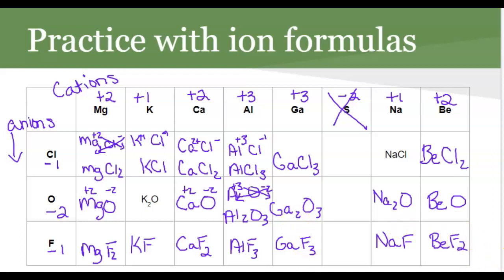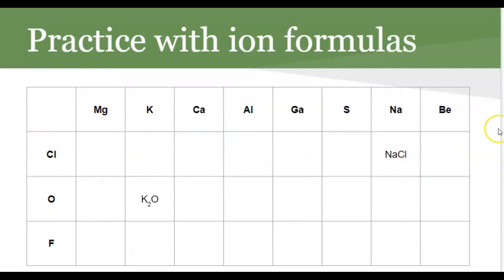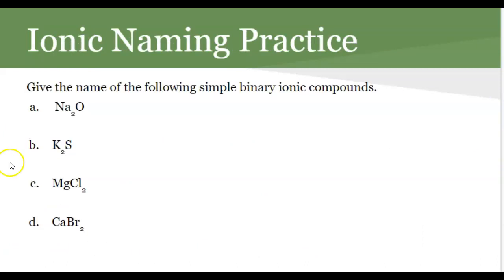So I hope that gives you a little bit of an idea if you're combining them together. Always the positive first, then the negative. And if you have different charges, you do the crisscross method to help you. Okay, so